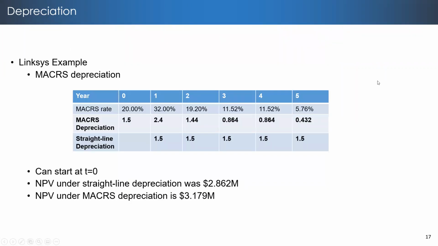Okay, so for the Linksys example, if we use accelerated depreciation,